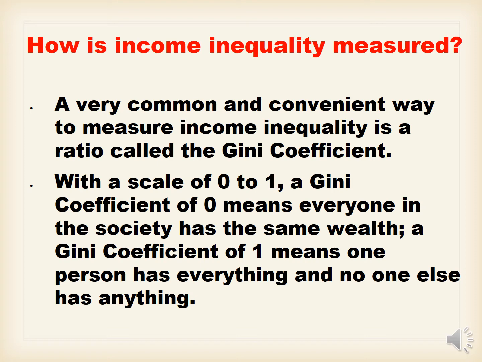One of the common ways to measure inequality is through income, right? A very common and convenient way to measure income inequality is a ratio called the Gini coefficient. Now, with a scale of 0 to 1, a Gini coefficient of 0 means everyone in the society has the same wealth. So when they say the Gini coefficient of Malaysia is 0, meaning everyone in Malaysia has the same wealth. Yeah. Now, a Gini coefficient of 1 means